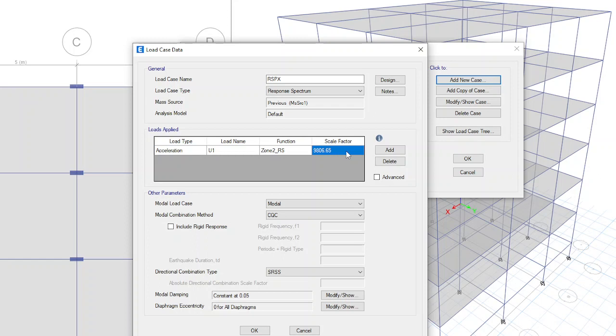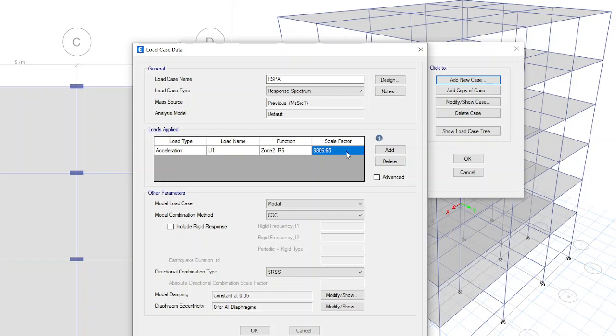The scale factor again depends on the I value, importance factor, and response reduction; those values will also govern. When you are doing this dynamic analysis, you need to compare the base shear due to the equivalent static method and that of the response spectrum method.